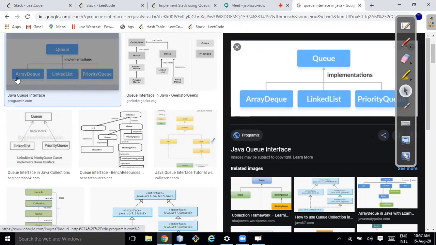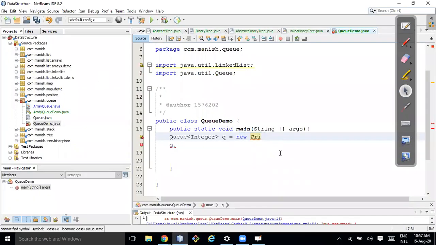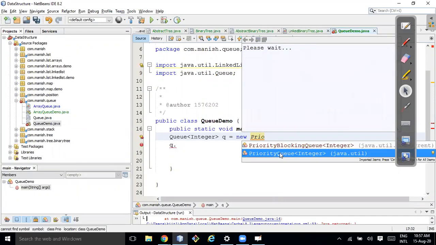So in Java you have only three classes. This is an interface, and three classes are implementing this queue: array deck, linked list, and priority queue. Let's say I'm using priority queue for now.